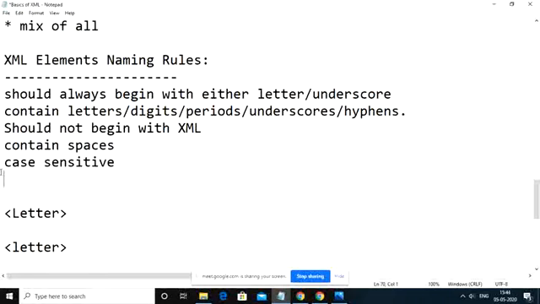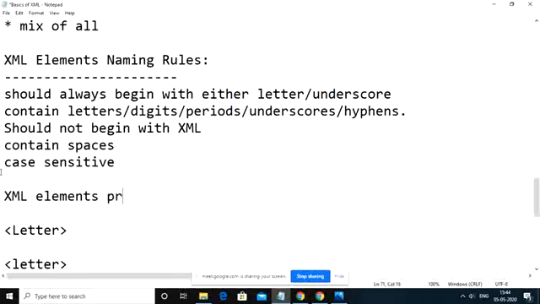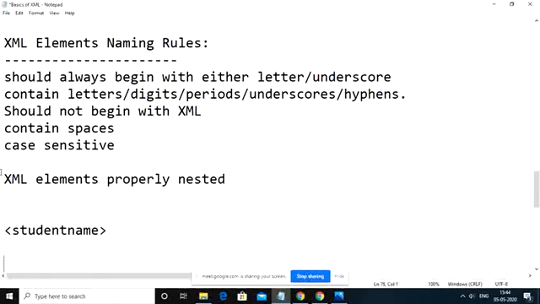And at the same time, XML elements should be properly nested. Properly nested in the sense, suppose we have here student name, followed by something like Ravi. Then followed by that you expect slash student name. But instead, followed by that Ravi, you see something like roll number, then 589, then followed by that slash roll number. Then followed by that you see slash